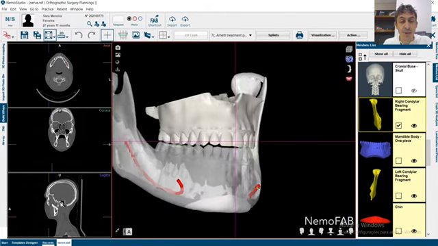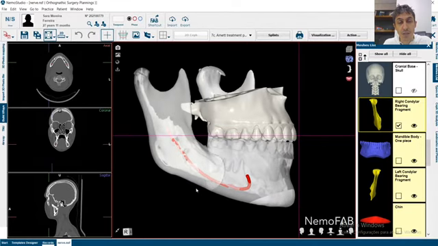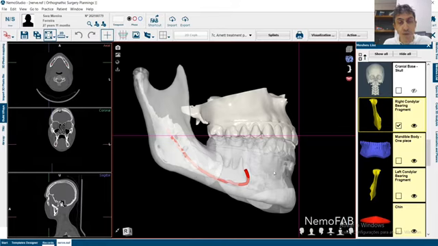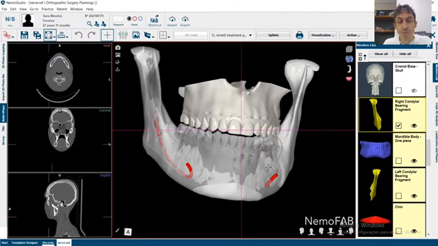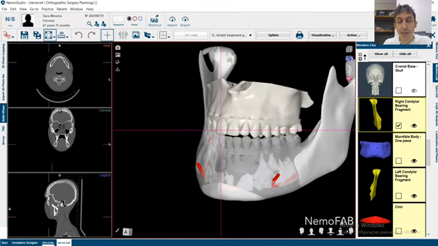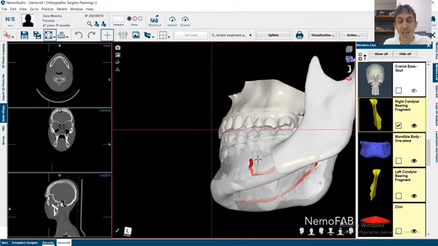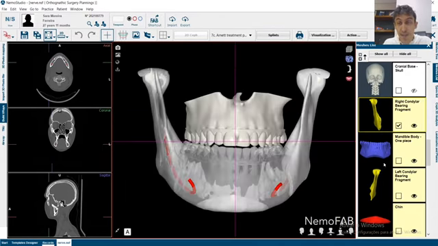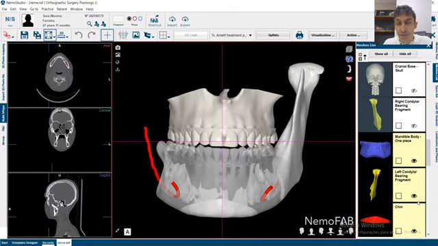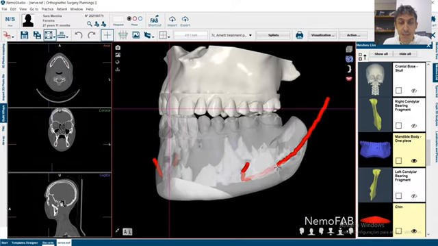In this case, I'm probably going to change the osteotomy location. I put it much more posteriorly because I have more room to cut the bone. As you have more room to cut the bone, probably you have a better osteotomy site, or you avoid the chance of a bad fracture. And here you are, you have the nerve one more time, and